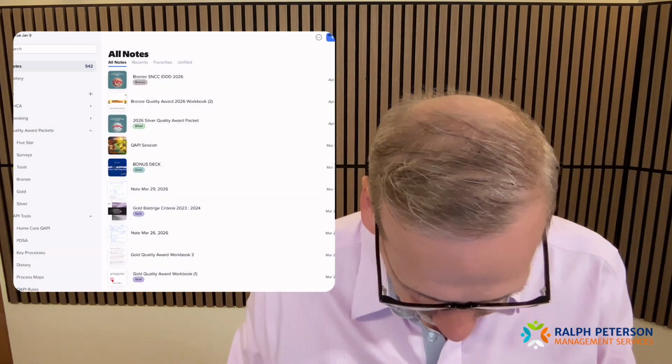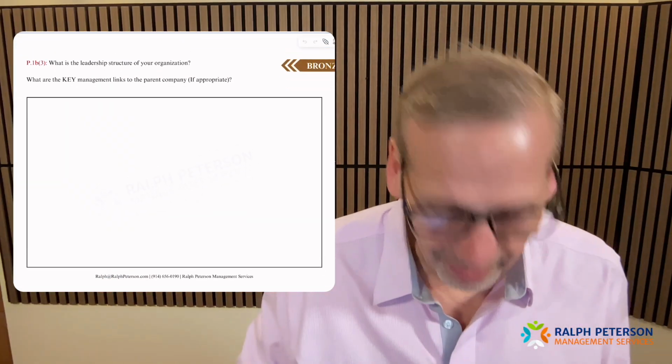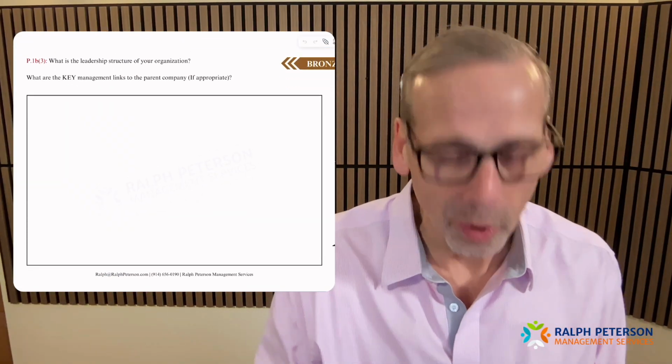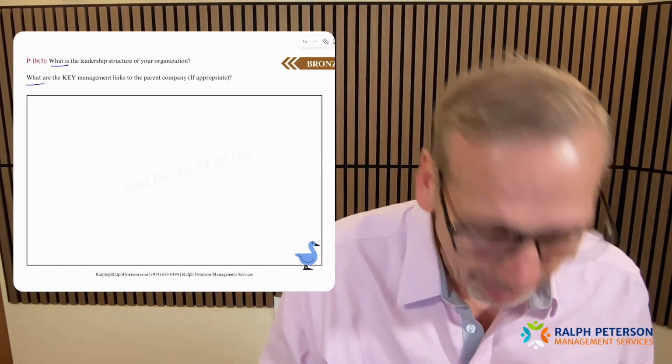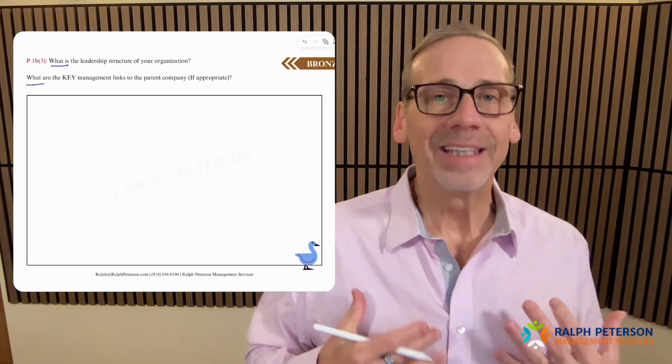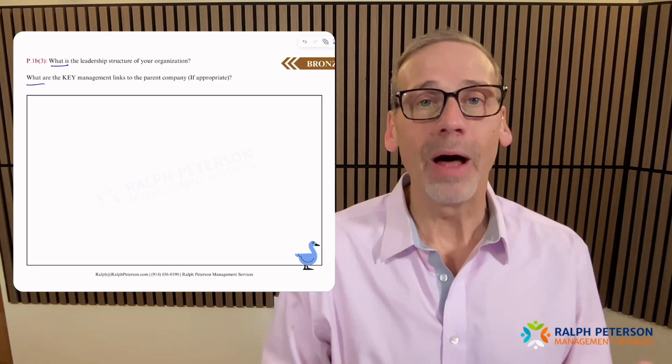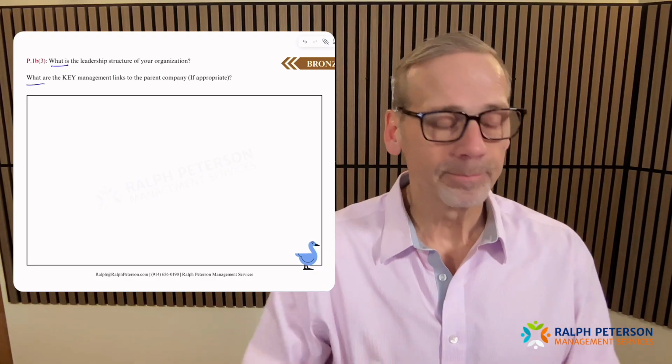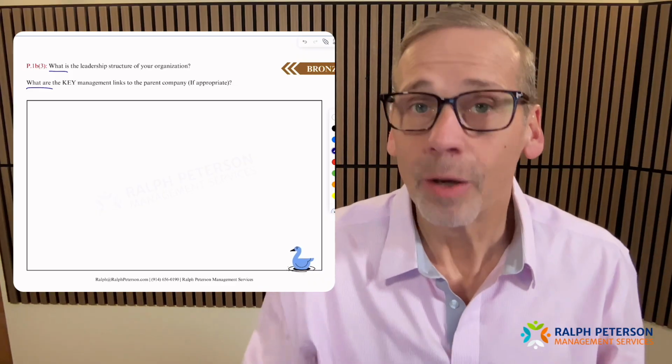Let me go to my little worksheet. As you know, I like to have a little bit of space to work in here. So here it is. You can see I broke out both questions as separate. Make sure you don't miss any part of the question. And this is what I like to do. I like to pull out a company organizational chart, a company org chart.